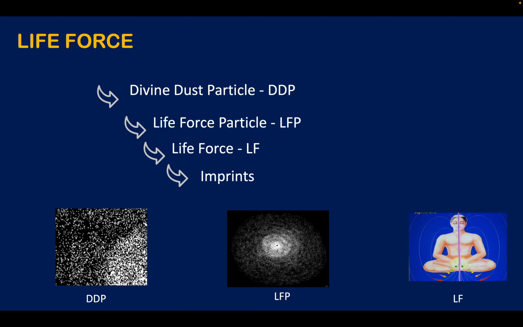During that stage, the earliest particle formed because of the self surrounding pressure was named by Maharishi as divine dust particle. It is called as divine because it has no imprints and it is absolutely divine. It is called as dust because it is such a small particle. As you can see in these lower three pictures, the divine dust particles are just like dust which you are seeing in the air in the modern life.